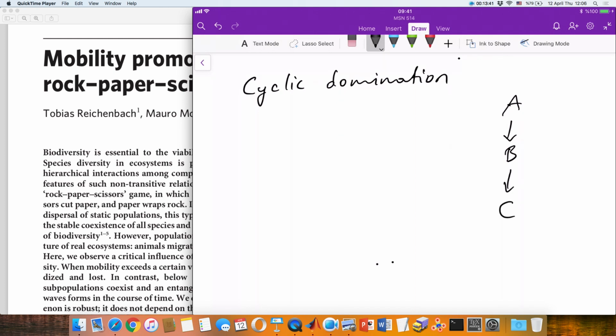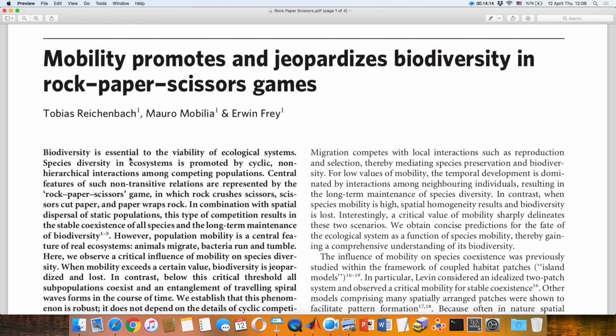But some people have suggested that maybe if C eats A, then you have this cyclic dominance that would preserve the diversity, because otherwise maybe all of the C would get eaten and nothing is left. But if it's cyclic dominance, then they will keep eating each other, but all of them will stay in some equilibrium. So this paper has to do with that, and they are imagining